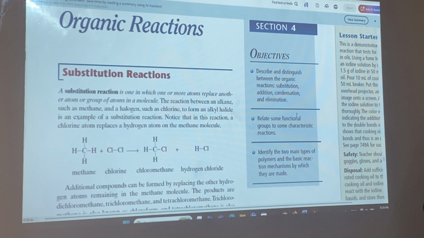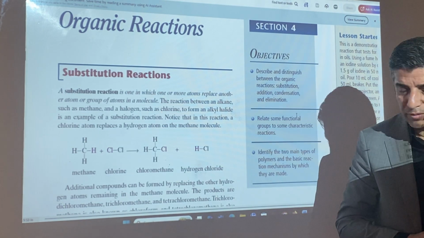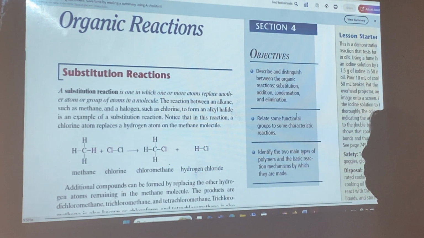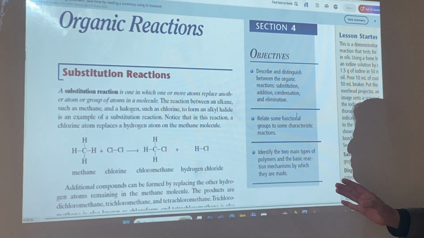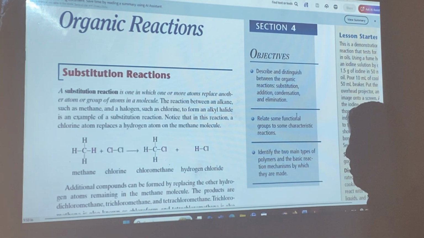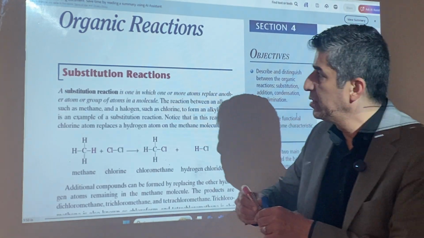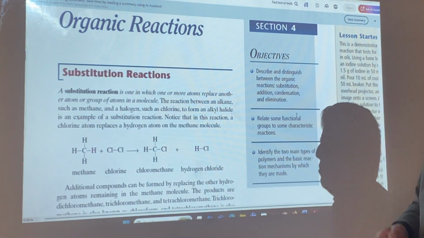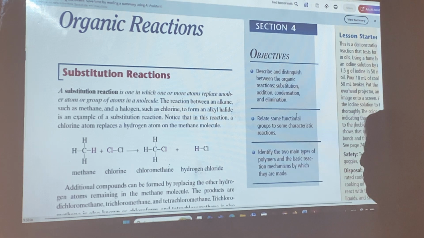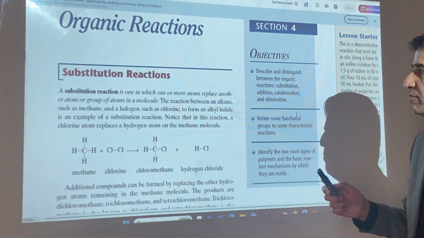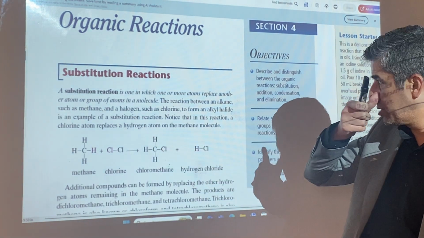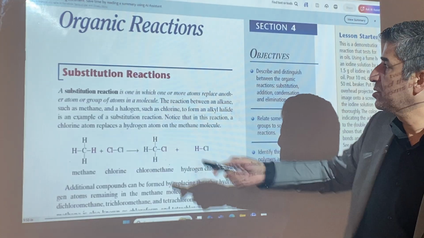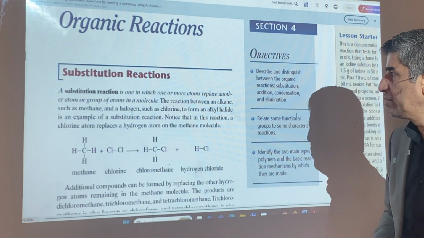In section 3, chapter 10, we have organic reactions. Generally, we have four types of organic reactions. The first one is the substitution reaction. The definition of the substitution reaction is very important. A substitution reaction is one in which one or more